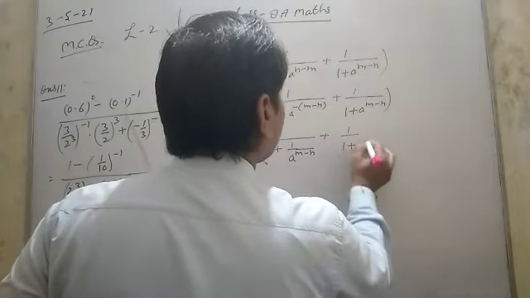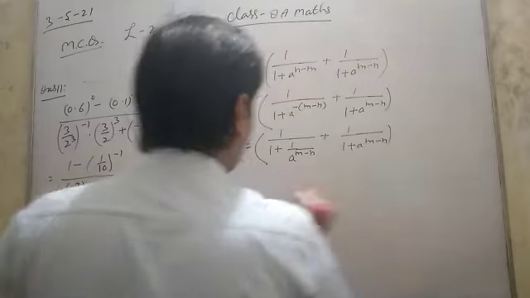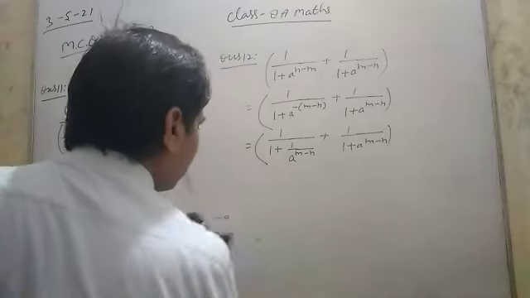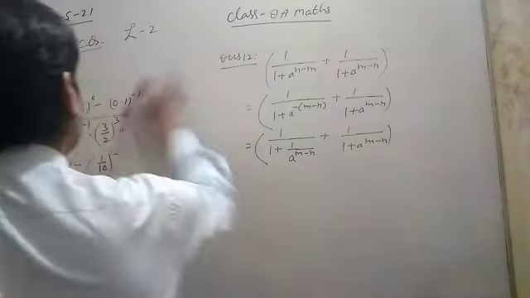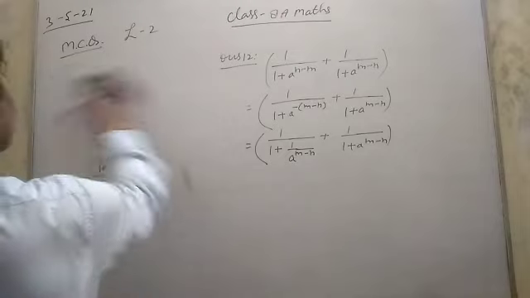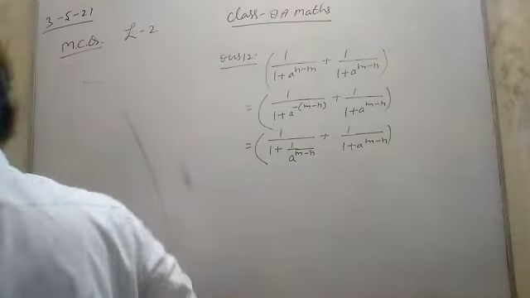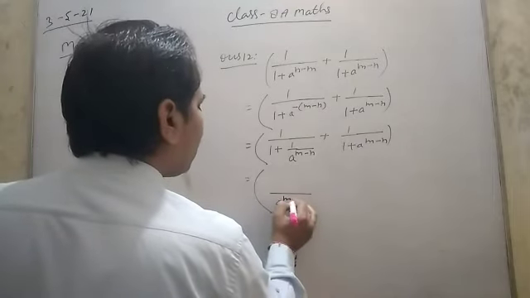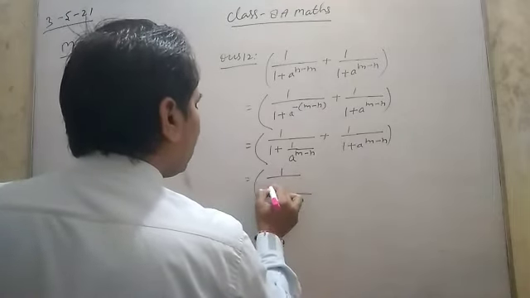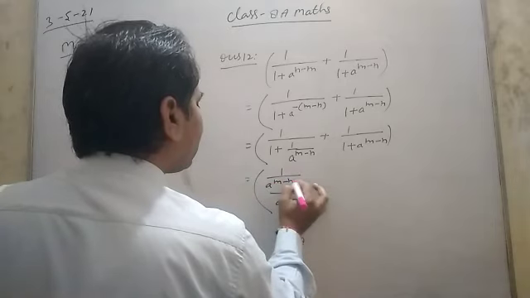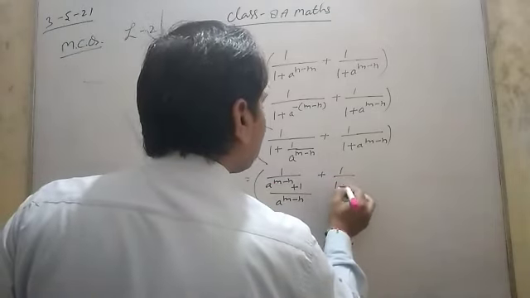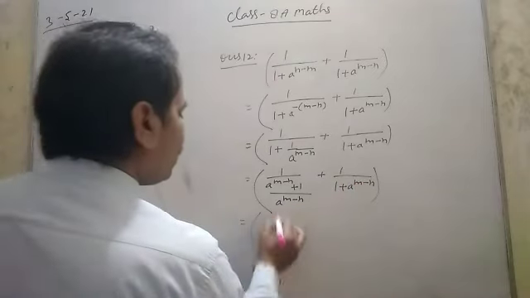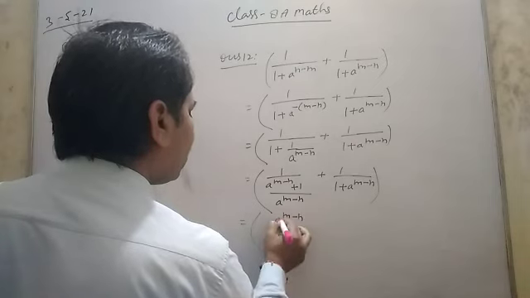And this. So now take the LCM. So a power m minus n, and here a power m minus n plus 1, plus 1 upon 1 plus a power m minus n. So a power m minus n upon